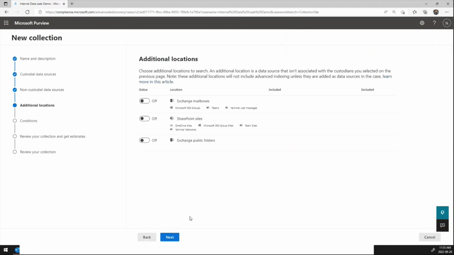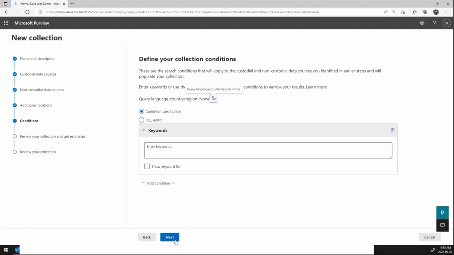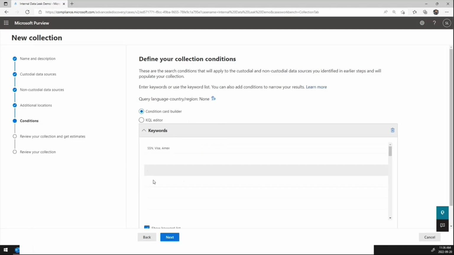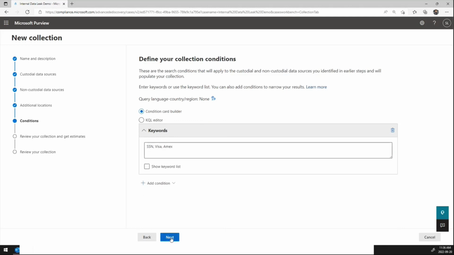We can also add additional locations, and this is very similar to what we've seen in content search and eDiscovery standard. But we're going to skip this because we have our data sources already configured here. We can go to conditions, and the conditions are pretty much the same. We can put keywords like social security number, visa, Amex, and we can also add conditions as well. And once this is done,